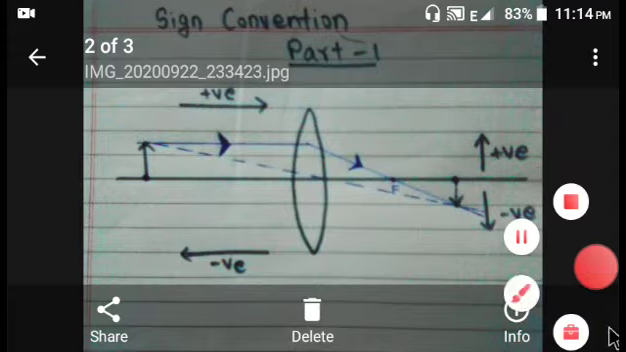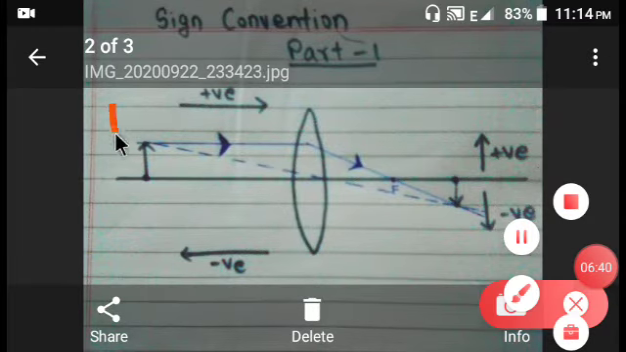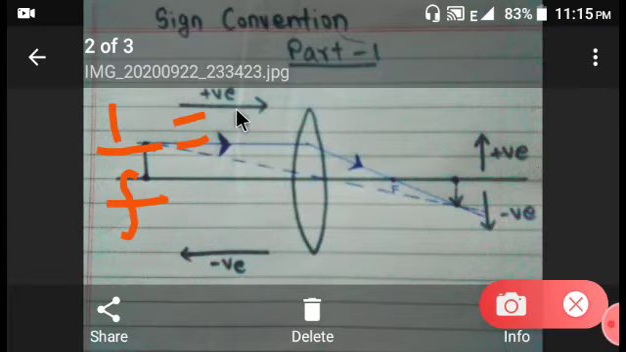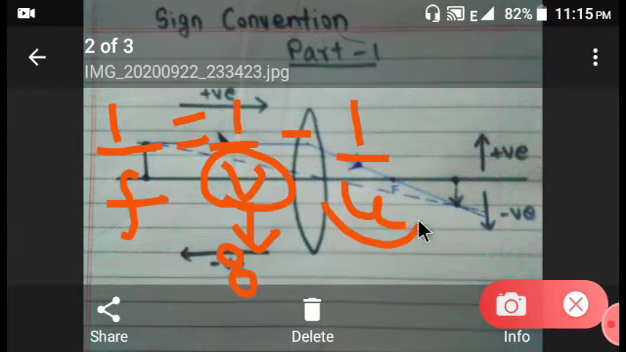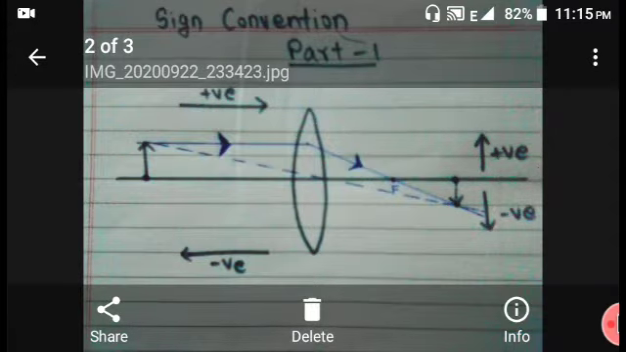We have two values, and what we need to find is the remaining one, that is focal length. 1 by f is equal to 1 by v minus 1 by u. This is the lens formula, and we are going to apply it. v is equal to 8 centimeter and u is equal to minus 10 centimeter. Then after that,